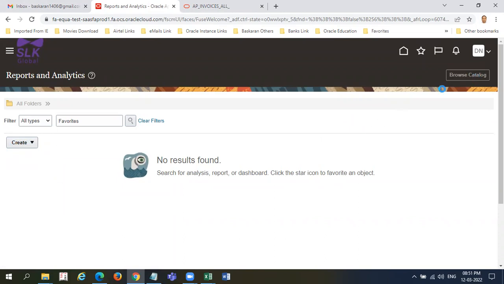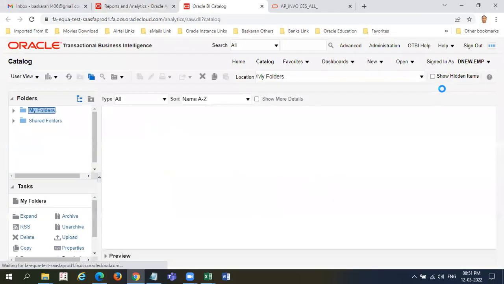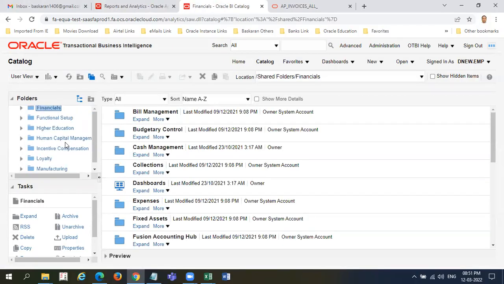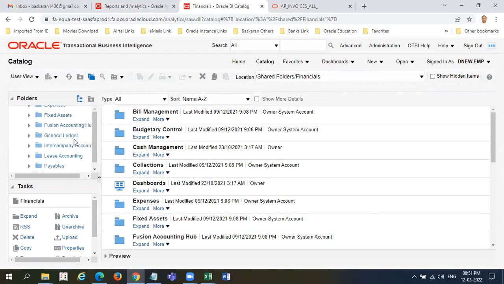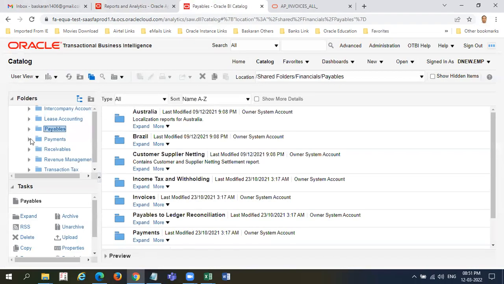If I click, it will connect to BI. Normally, in query mode, if you want to write a query, we can go to this particular window. Yesterday, in the last session, I explained payment format also; you can reach it from here. Expand the shared folder under Financials, under Payables,